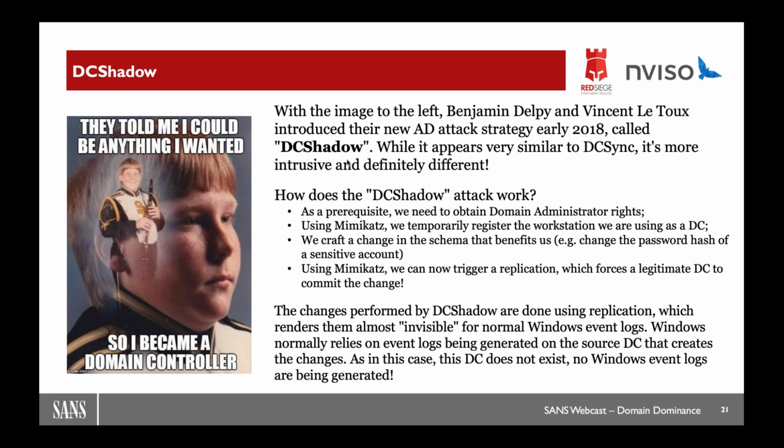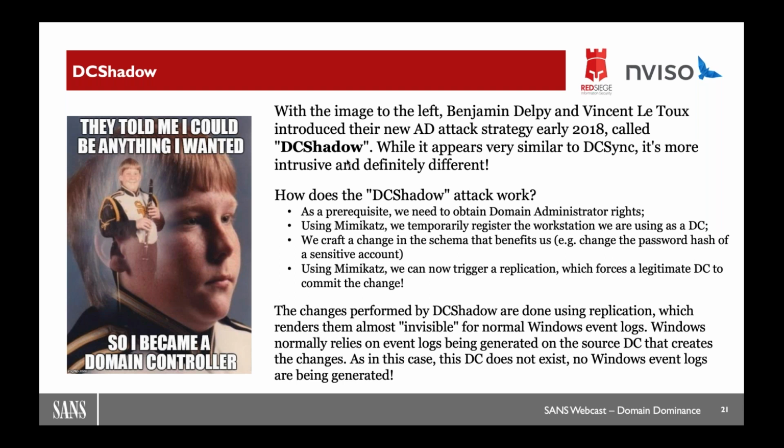It's actually the other way around this time: I make the other domain controllers come to my workstation, which is now a temporary domain controller, and I tell them, look, I have an update. The password of that user account has changed, for example, which will then replicate. I'm using replication again, but I'm not trying to read information available on another domain controller. I'm trying to influence information that's on another domain controller.